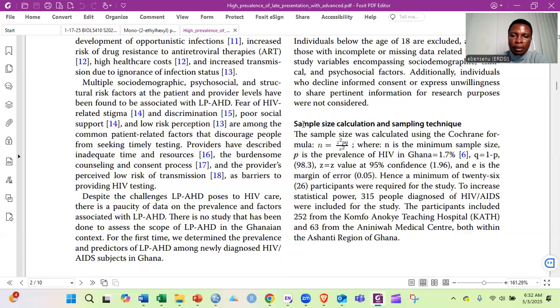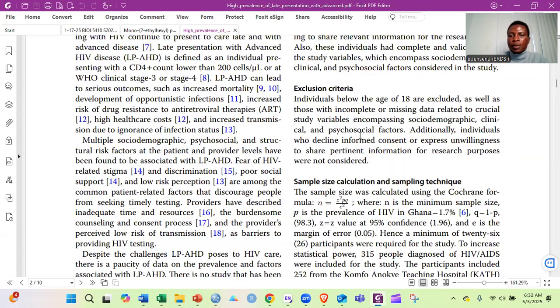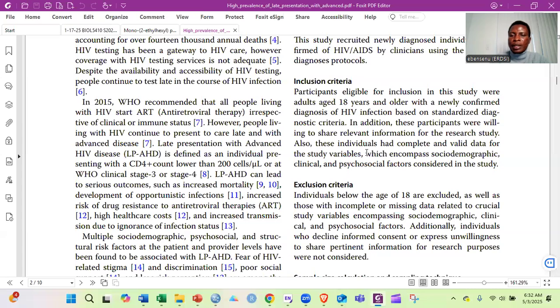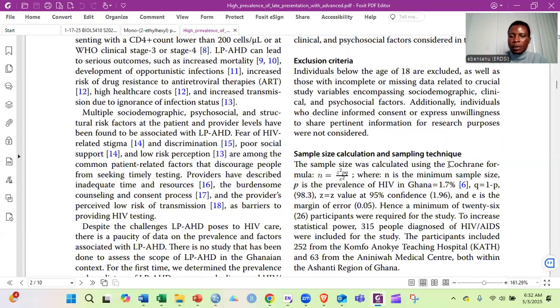And one thing we don't also forget is calculation of sample size. In more health methodological studies, we have to define our sample size. We have different formulas for computing the sample size, depending on the study design. For example, for most retrospective or cross-sectional studies, we use the Cochran formula, or what we call the Yamane formula. We use this formula when we have a previous population or prevalence within the context of the disease of interest, because it deals with the Z, the prevalence P squared in the formula,